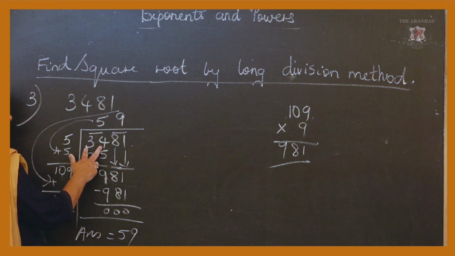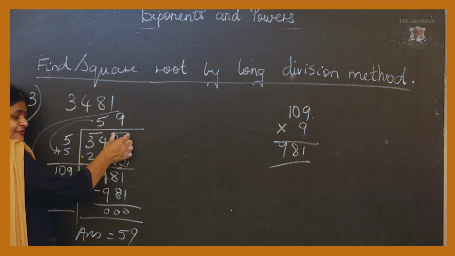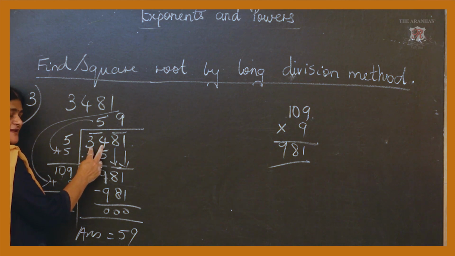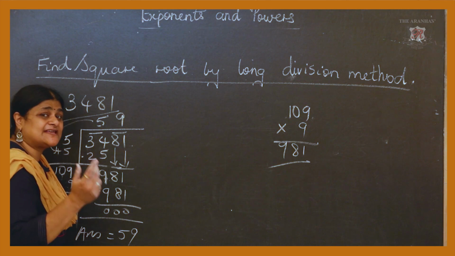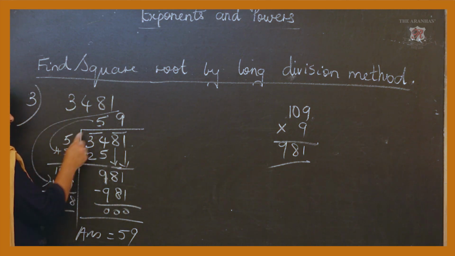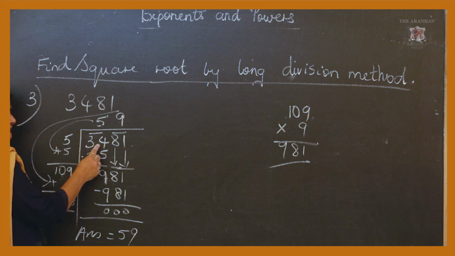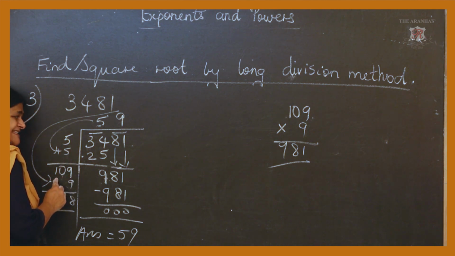3481 is the sum they have given you. You are taking these two and then these two you are going to solve. So these two, that is 34, you are going to take 5 5s are 25. You cannot take 6 6s are 36. You're going to take out the square root of it. So 5 5s are 25. So 34 minus 25 will give you 9. This 5 you are again taking it down. So 5 plus 5 will give you 10.